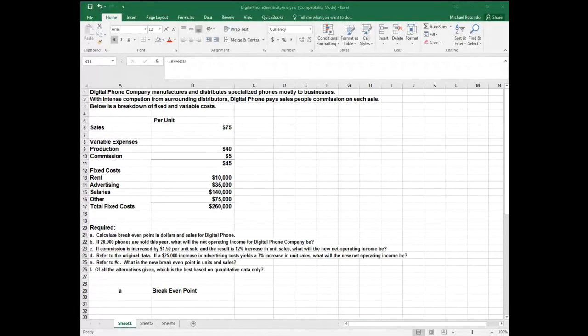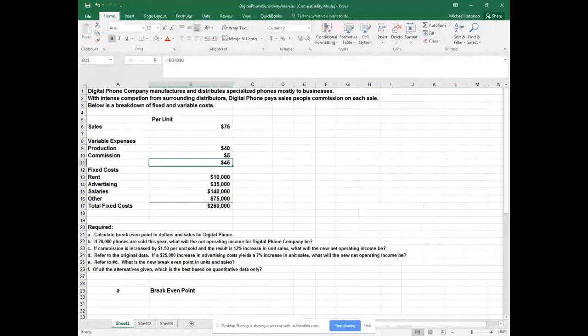So in this chapter, you read about fixed and variable expenses and CVP analysis, or cost volume profit analysis. And what that does is it breaks costs out to fixed and variable. And that way we can use those costs to look at a lot of different situations and how they might affect our business. So we have our fictional company here, Digital Phone, and they distribute specialized phones, and they pay